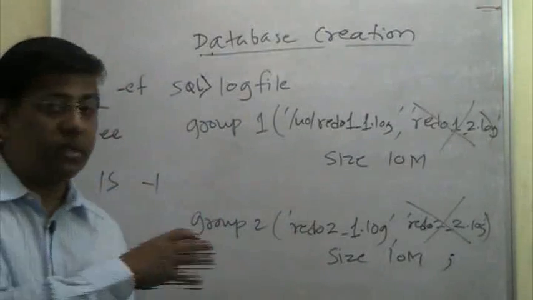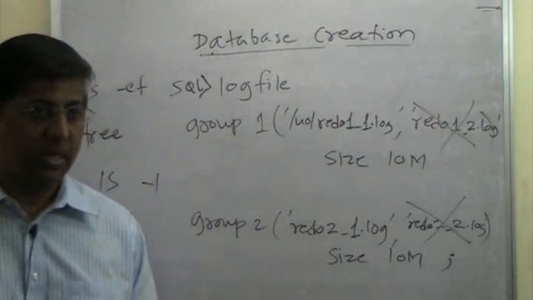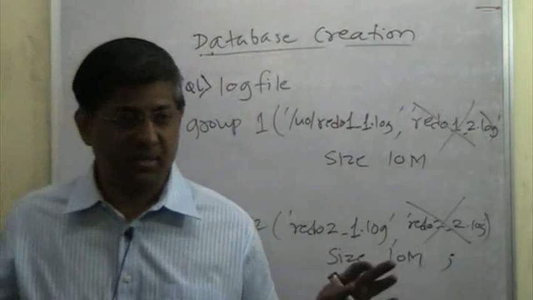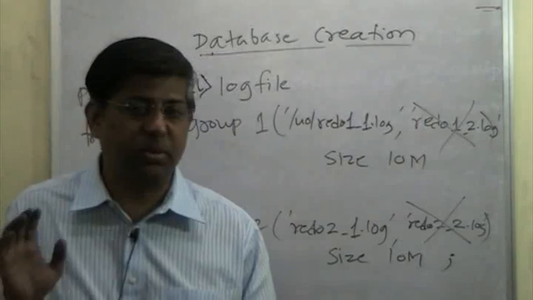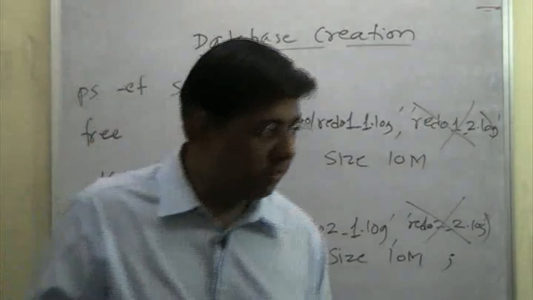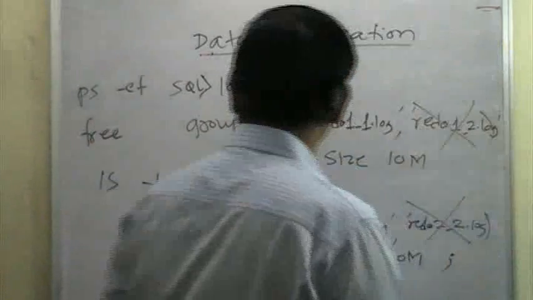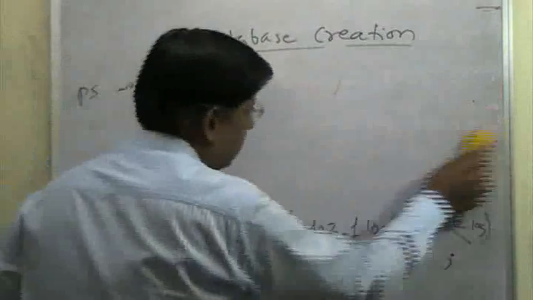So our database is created, and one last thing: this database is blank. There is nothing in the system table space. There are no data dictionary views in the system table space also. Nothing is there. So our first step is to create the data dictionary views now. So after this is done,